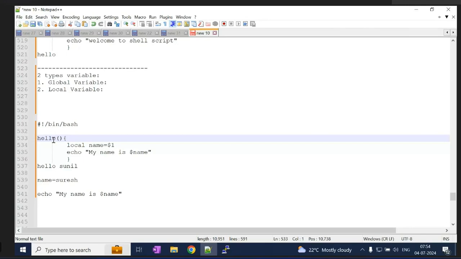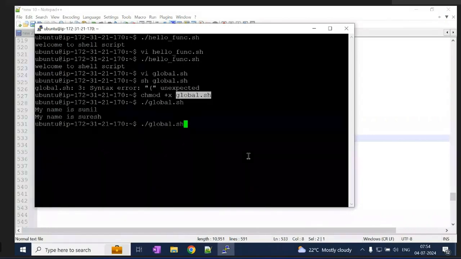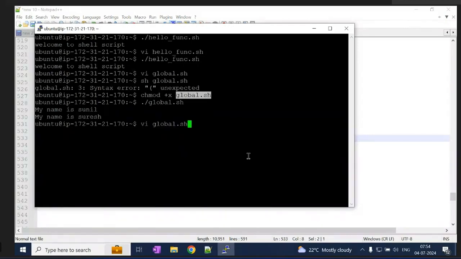See, the function should be declared in this format. If you open and close these brackets, then it will be considered as a function. If you don't give the function keyword in the starting, ideally that is not recommended.